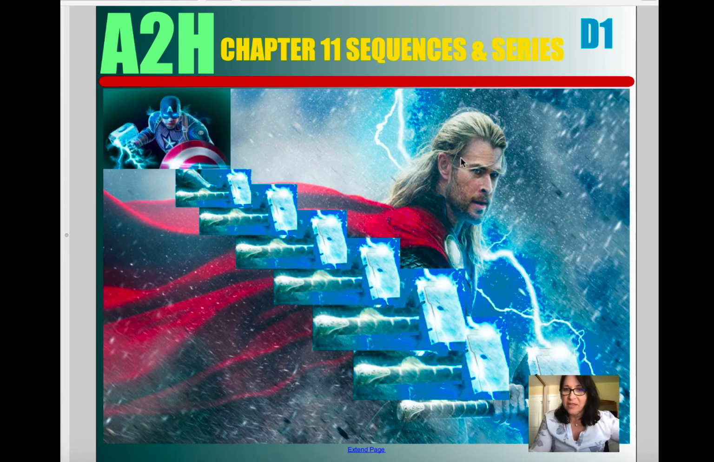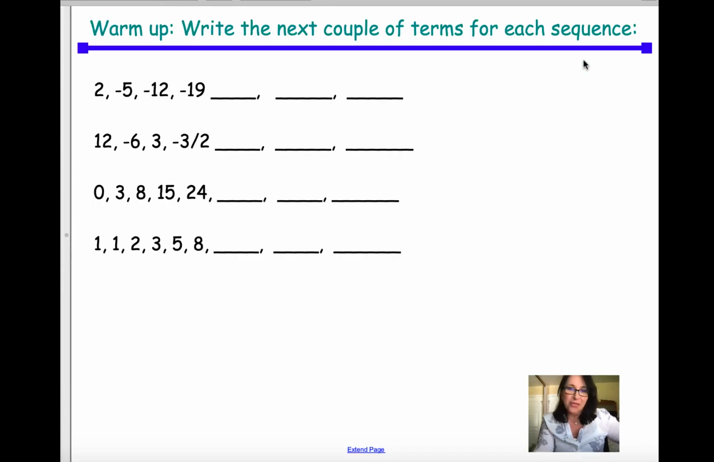Hi everyone, this lesson starts our new chapter 11, sequences and series. So this is day one of sequences. Let's get started. First thing though, let's do a little warm up and write the next couple of terms